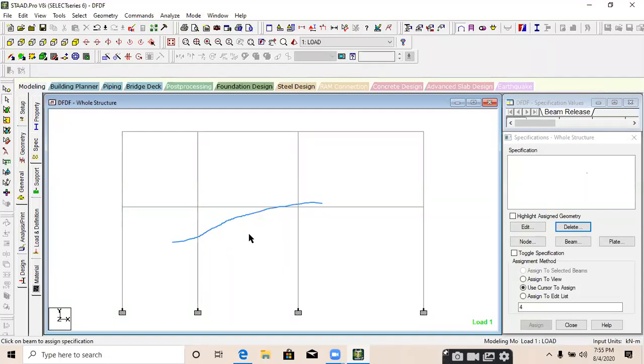Yes. So can you determine the degree of indeterminacy in STAAD.Pro? To find that out, you need to find all the support reactions. This software will not tell you whether it is indeterminate or determinate. We need to use a manual method. There is no option.